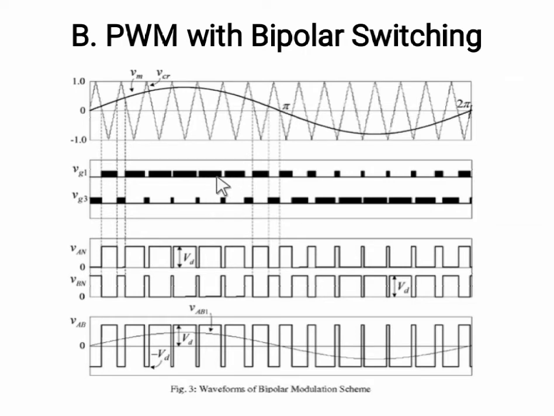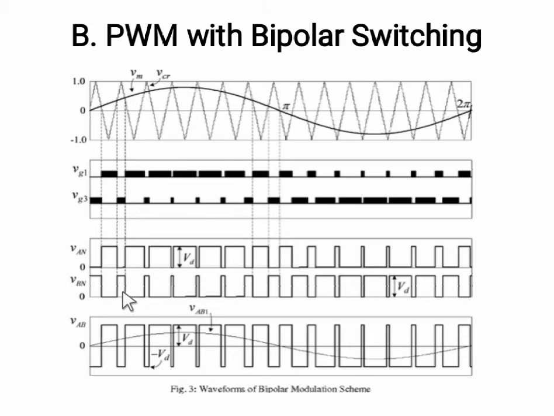If we apply these two gate pulses to the bridge inverter, we get this kind of output voltage, which is VAN and this is VBN. If we compare these two waveforms, we get this kind of waveform. First we understand this portion: this is positive and this is positive, and here this is negative and this is positive. So if we compare these two pulses,